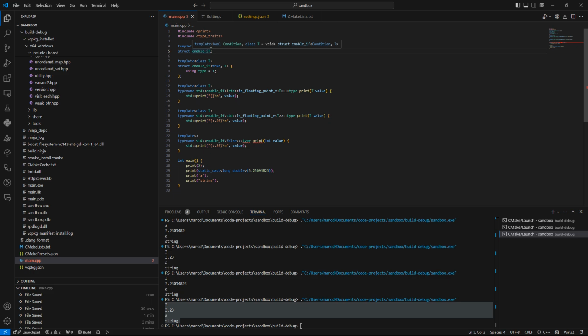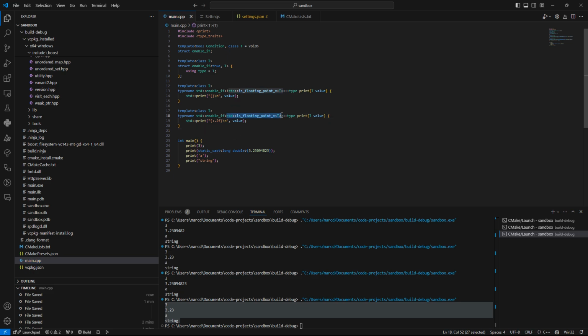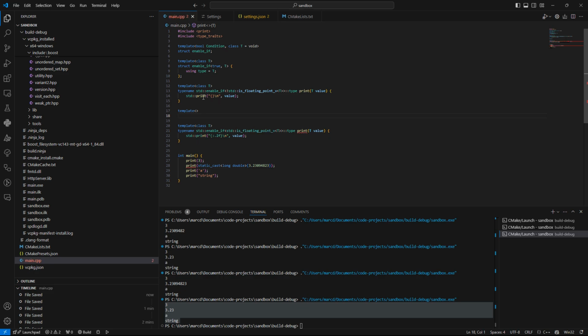So the compiler is a little bit confused here, because it's seeing this function and thinks, wait a minute, I can't compile this because it is nonsense, right? I cannot do anything with it. So instead of throwing the compiler error, it is going to look at possible other functions that it can use. And we wrote two functions. We wrote one for when T is a floating point, and we wrote a function for when it is not a floating point. Well, let's just write down what the compiler is going to create when an integer is passed in